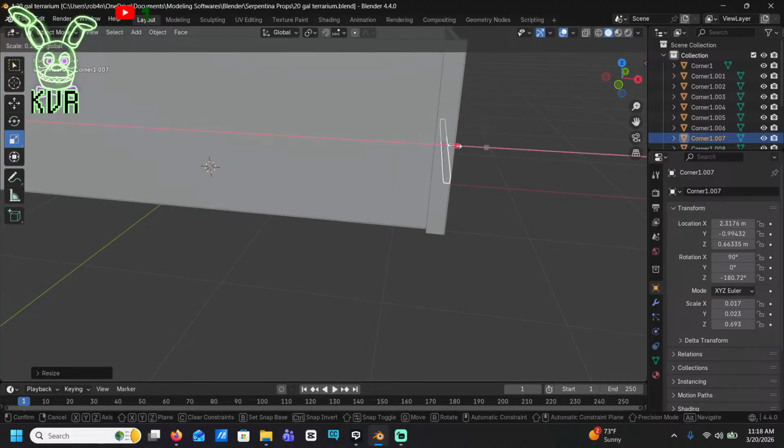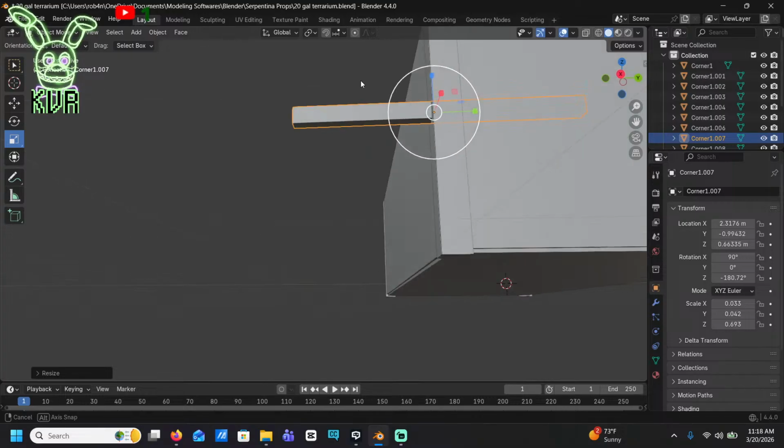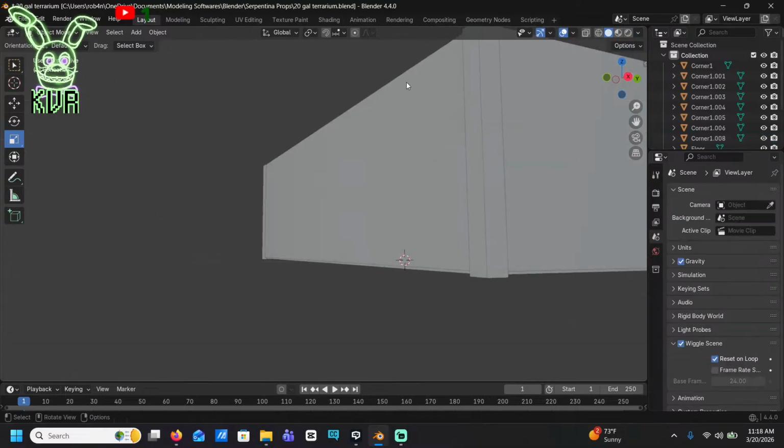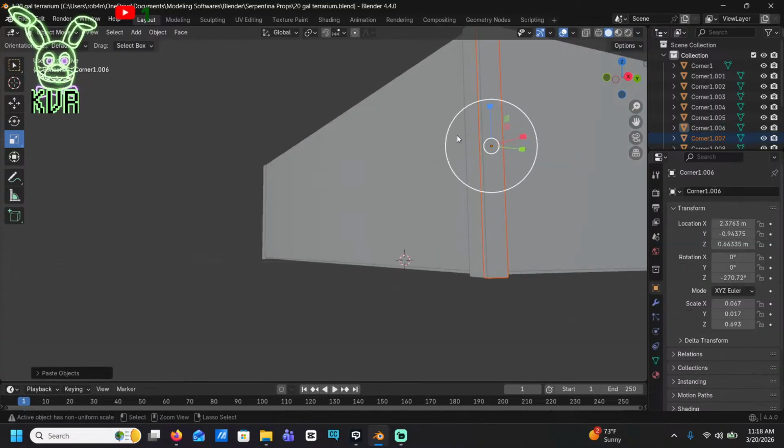I know there was an easier way to do this, but I don't feel like doing it that way. I'm gonna do it this way. I can't do it that way. Hold on. I'll get there when I get there. It's okay. There we go.